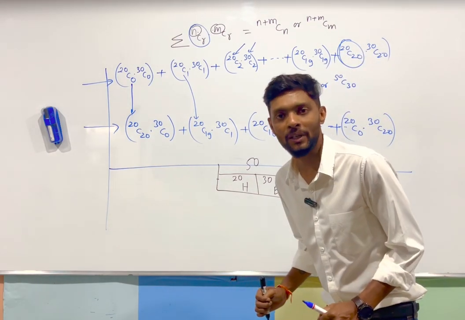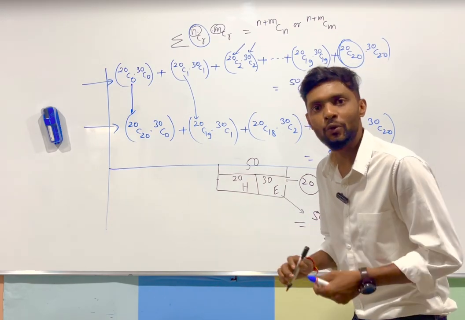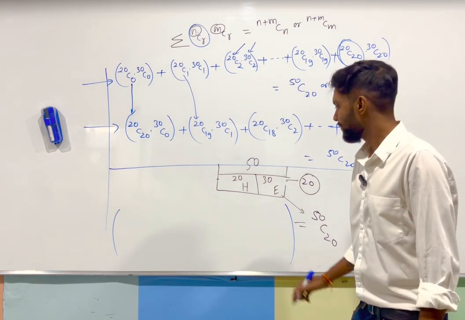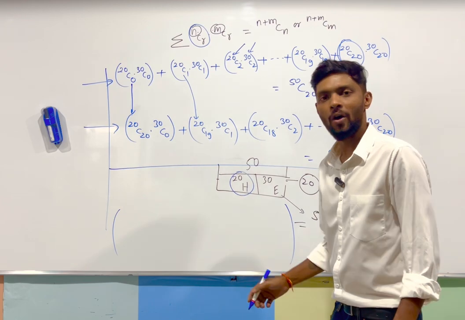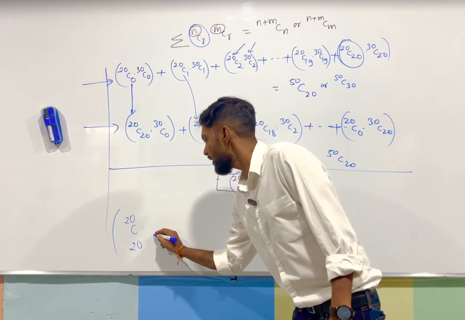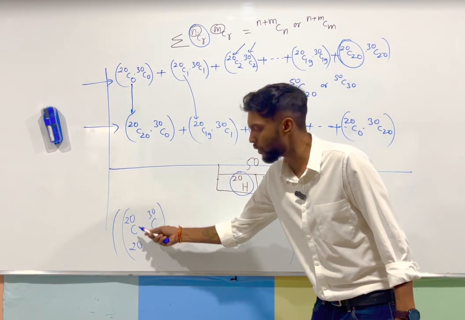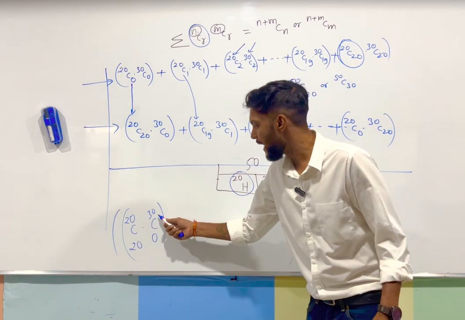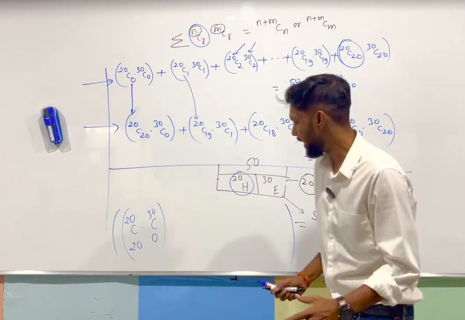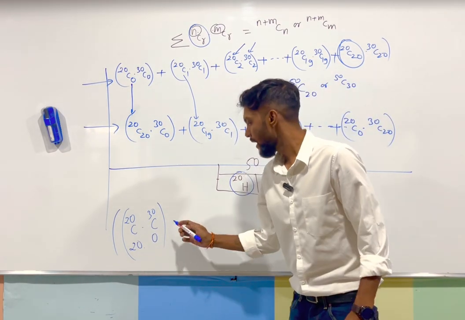What has happened actually? You have counted the number of ways of selection of 20 songs. So in selection of 20 songs, what has happened? Either all of your 20 songs have come from Hindi language and nothing from English language. So the number of ways of selection of 20 songs out of 20 songs will be 20C20, that is one, and nothing from 30 songs will be 30C0. So I considered one case, first case, that all of your songs have come from Hindi language. Okay, or